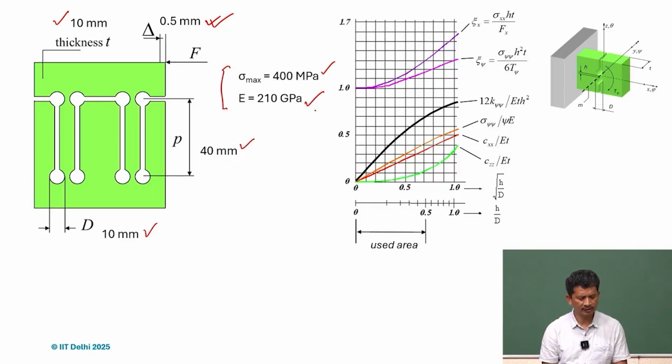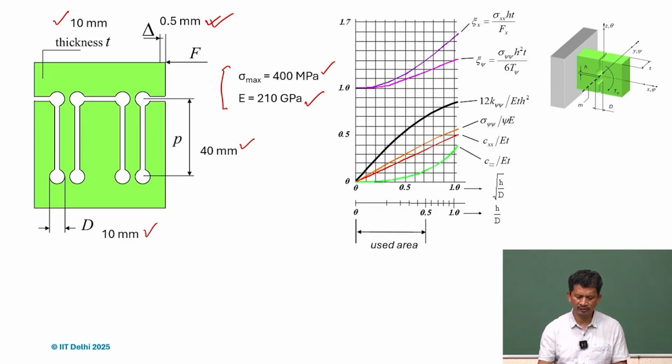Given these dimensions, what are the other dimensions missing? For instance the h, the thickness of the hinge,